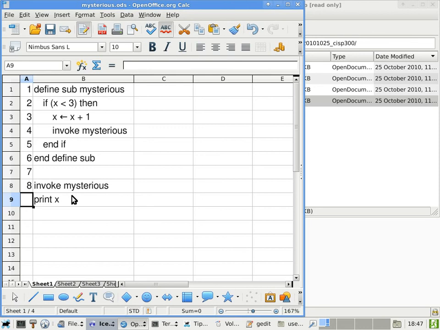Now the next question is, so x is a variable that is accessible from outside of the subroutine as well as from inside of a subroutine, right? And that's why x in this case is called a